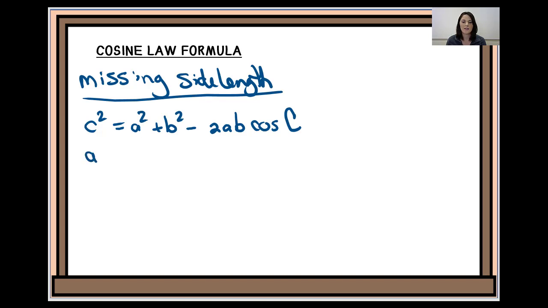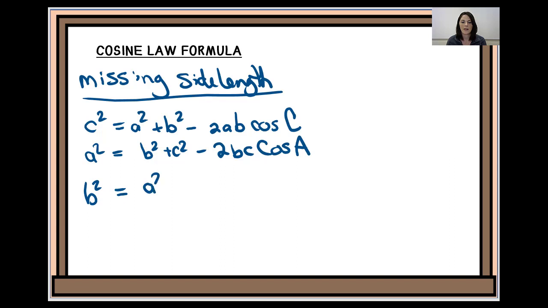So I could write this as a squared equals b squared plus c squared minus 2bc cosine capital A. Or I could write this, if I'm looking for side length B, as b squared equals a squared plus c squared minus 2ac cosine capital B. The other version of the formula is basically rearranging this formula and isolating the angle this time, the capital letter, either A, B, or C. So for missing angle,